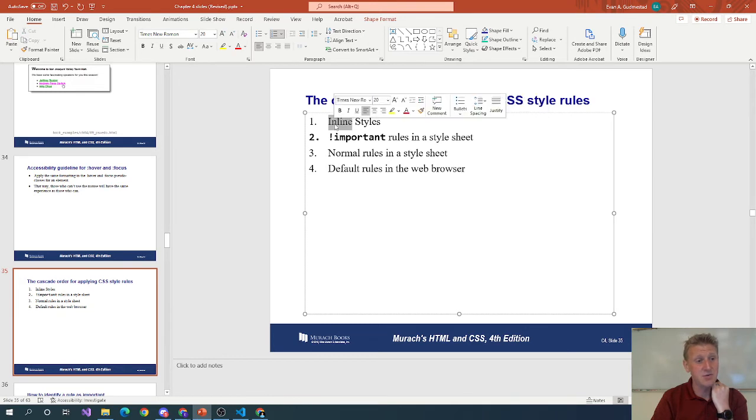Inline styles are the most important, right? So inline styles are closer to the content. But then there's an important tag that would override normal rules in a style sheet. So you've got normal rules in a style sheet. So it's like default web browser, then normal rules in your custom style sheet. Then if you apply any rule with this important tag,